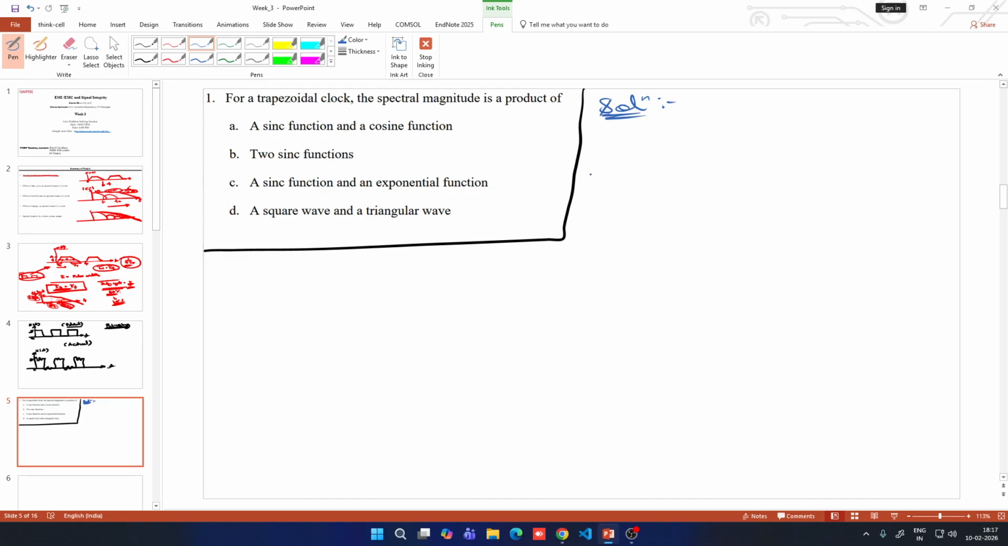So if I write down the expansion coefficient for a trapezoidal clock signal, it is something like this. We have already seen this. It is tau by T into sin(1/2 n omega naught tau) divided by (1/2 n omega naught tau), multiplied with sin